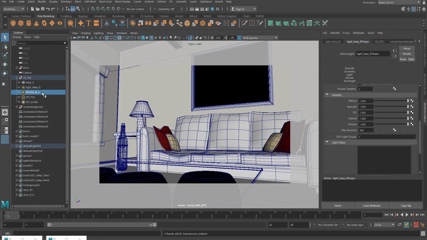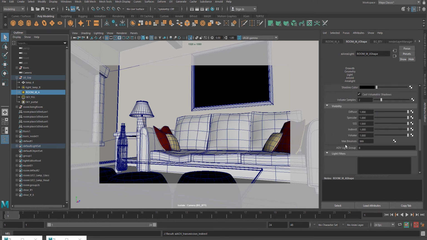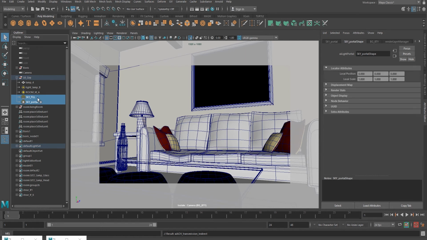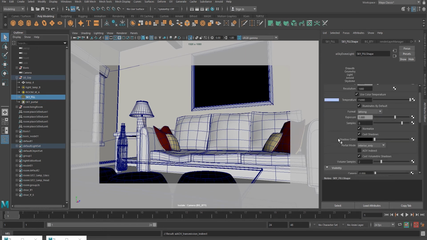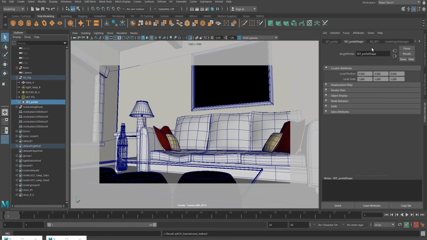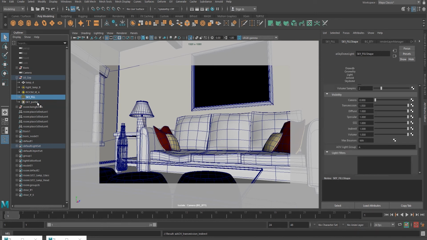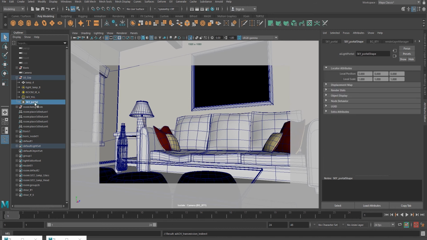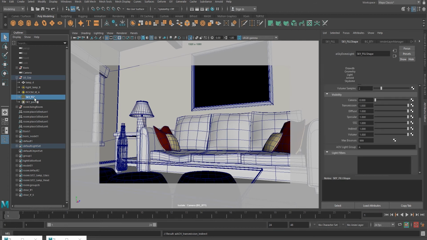For room light, you will find in visibility I have written B, and for sky fill I have written group A. Also for sky portal, it doesn't have anything, because sky portal is basically the extension of your sky fill. It doesn't have its own values or anything. It is just concentrating the whole amount of light in the scene, that is of sky fill.